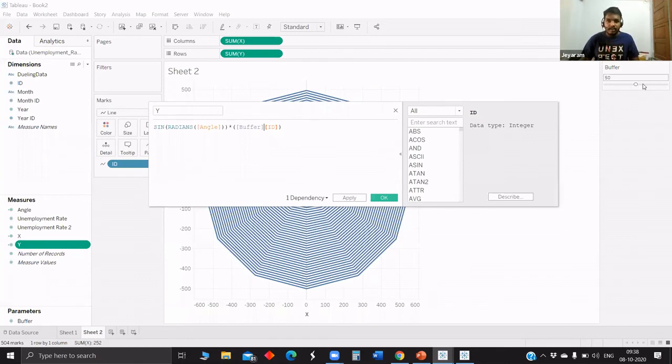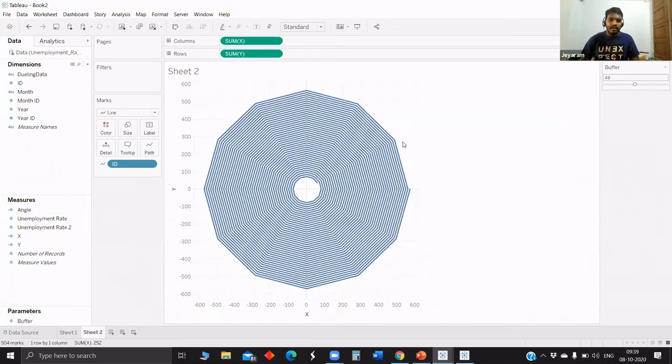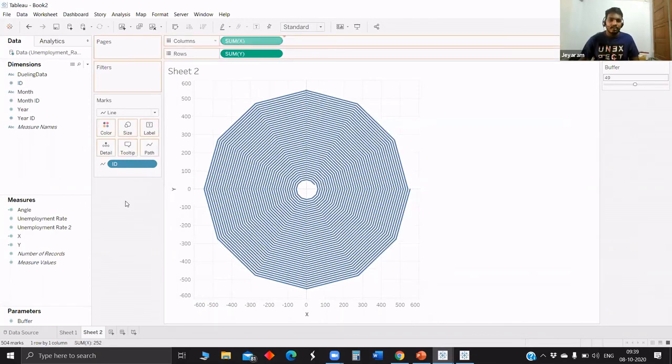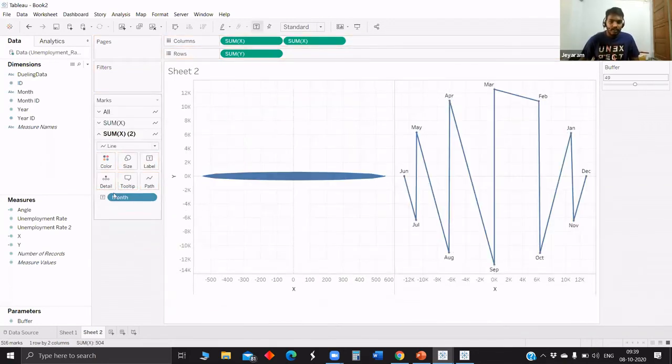So now as we control the buffer, it changes. So we got this. Now what else is left? How we show the month across the axis, that was also there in that visualization. We'll just see. So now we created a dual axis one. In this we don't need the path ID. Instead of that we will add just this month in text and remove the path, and change the color, maybe black or something. And now we will do the dual axis.